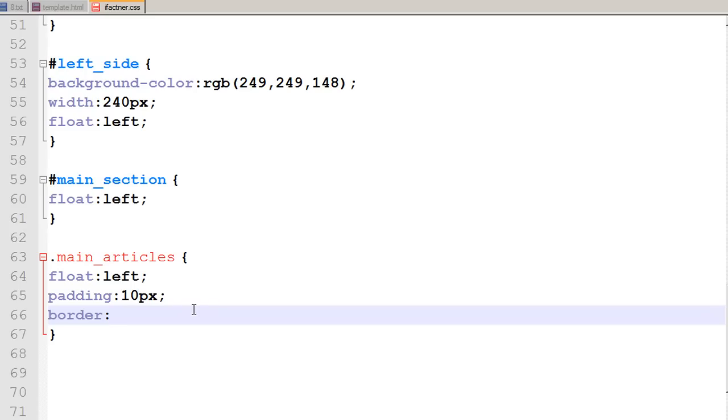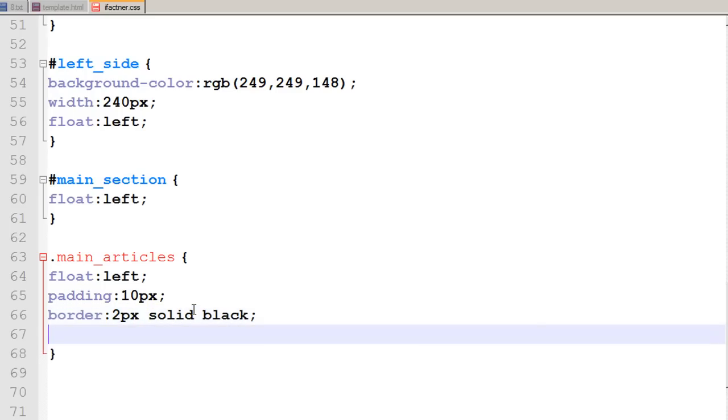So I say that the border is 2 pixels and it should be solid and it should be black,